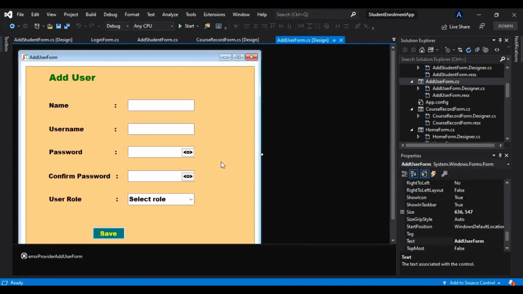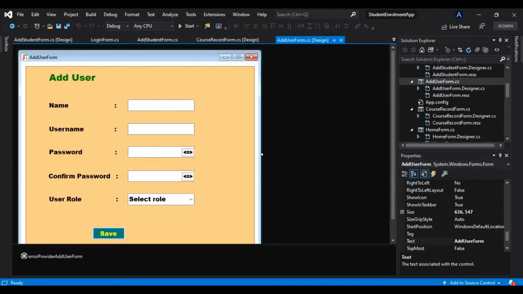And I have done all these things before because there is no point in wasting time on this again and again. We have already learned how to make a database connection, how we can store all these things, and how we can design these forms. At the time of the add student form and student record form, we learned all this, so I don't have to repeat it. Anyway, the video's length will be bigger and we have many more things to learn here.